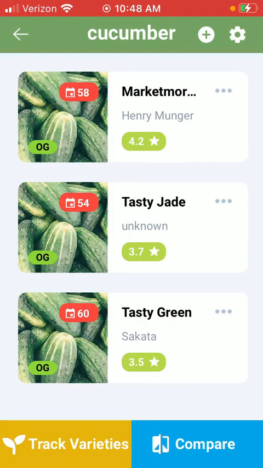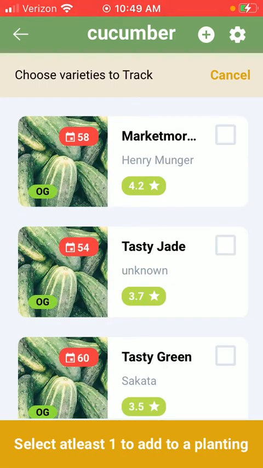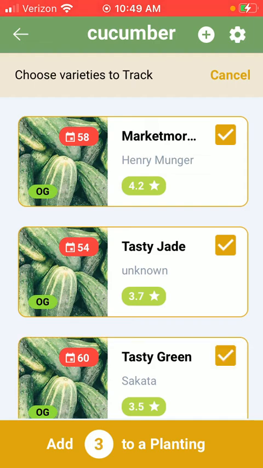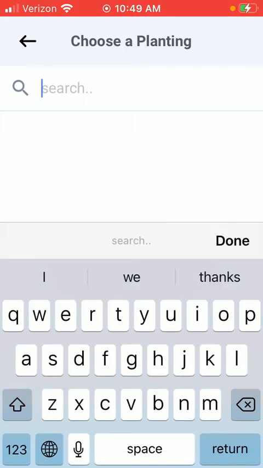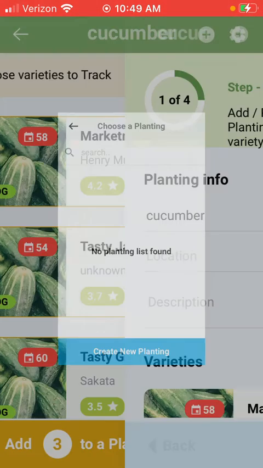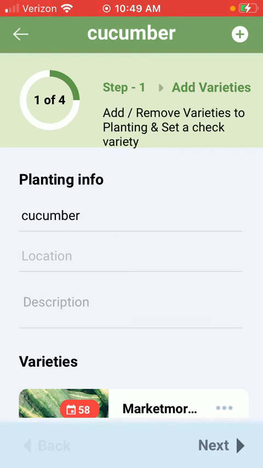Now, beyond that, I'm also able to track varieties, which means that I can decide to take these varieties, plant them, and then see which one does best for me in my growing conditions, not just what other growers are saying. So if I add this to a planting, I would create a new planting and then be able to start reviewing